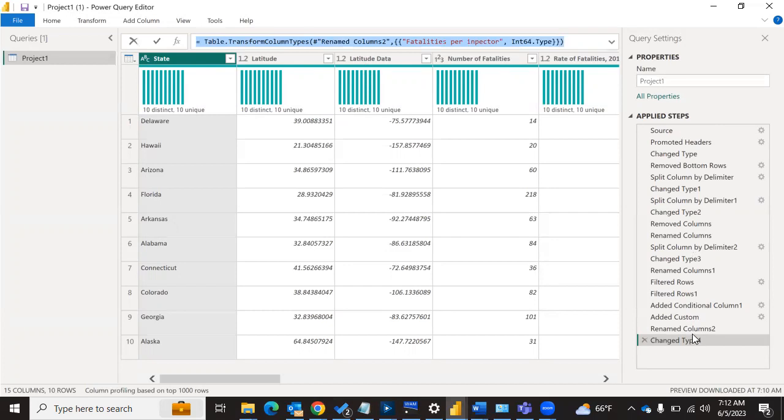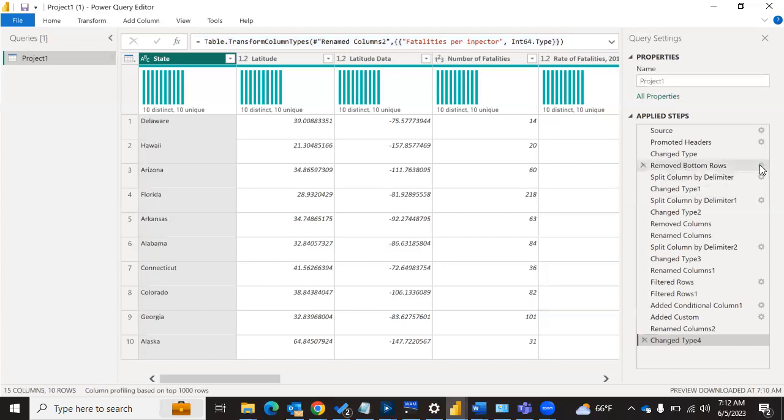Now, what if these steps need to be documented for auditing purposes? A Power BI developer has several options here. In the first option, the Power BI developer could click on each individual step and document it as they click on every individual step. So for example, in this case, if I click on this step that says removed bottom